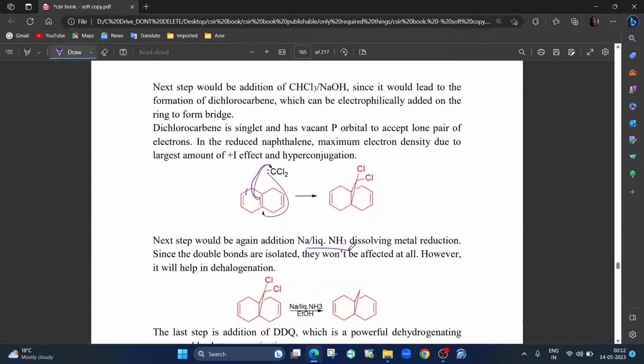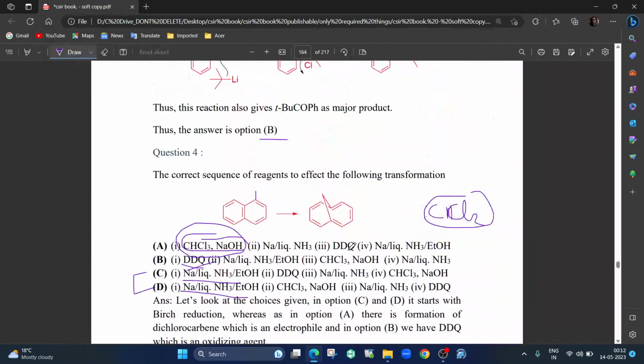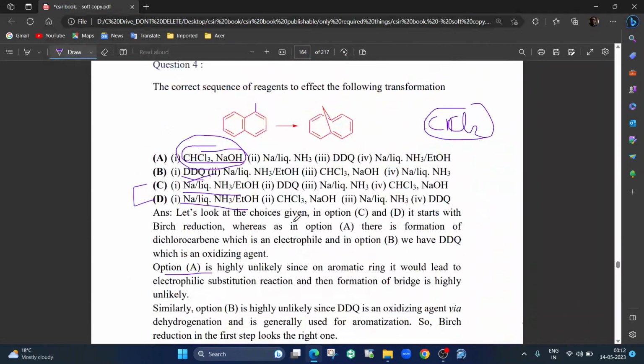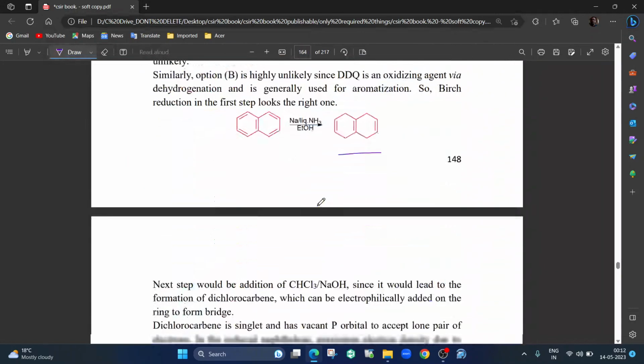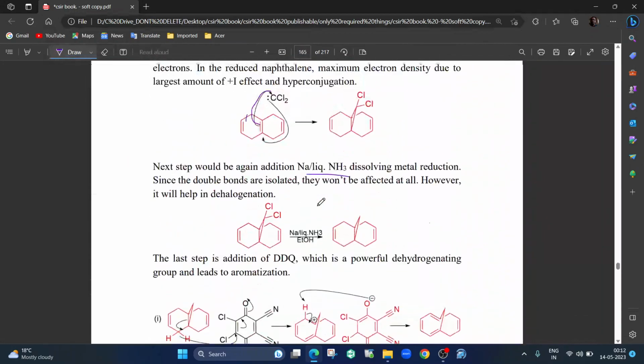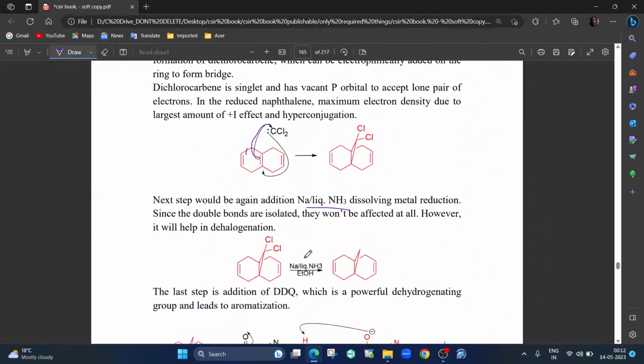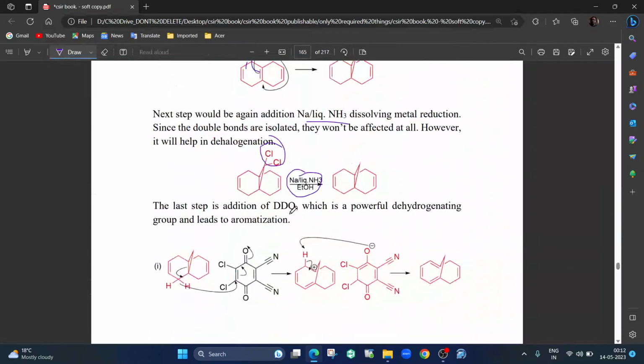Then what happens, again you are adding CHCl3 NaOH is there. So what happens is further this same molecule, the same Birch reduction condition will help to remove this CCl bond, because they are reducing agents. They will reduce this CCl and put two hydrogens here. The last step is DDQ. So DDQ, what it does is basically DDQ oxidizing agent. Oxidize so that you get